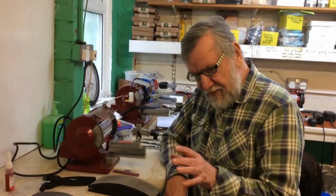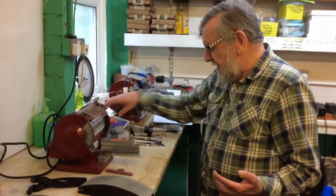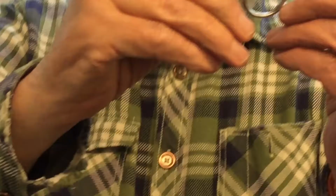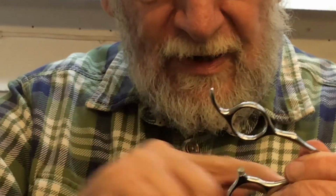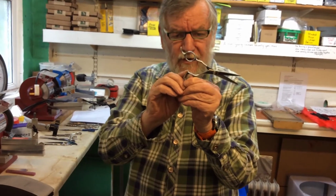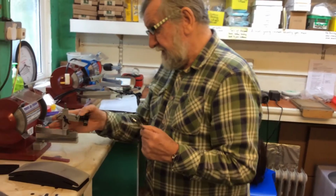One thing I omitted to mention, forgive me, I just do it automatically when I'm servicing a scissor. I have a selection of bumpers and we supply these. The bumper is, of course, there, normally plastic here. And if that wears down quite a lot, as it will by constantly doing that, as a hairdresser does, then it may cause the scissors to overlap, or if it's too big, because somebody's put a bumper in there that is sticking out too much, you may have to take a little bit off,